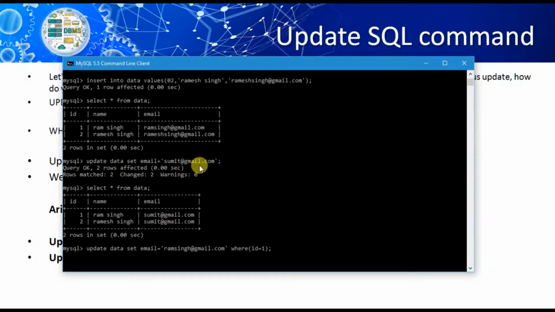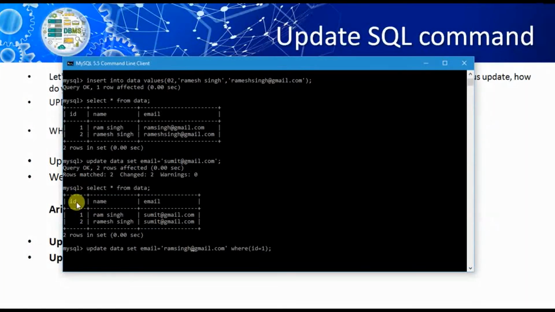But now as we passed the condition, MySQL will change only the record in which it gets the ID's value as 1.